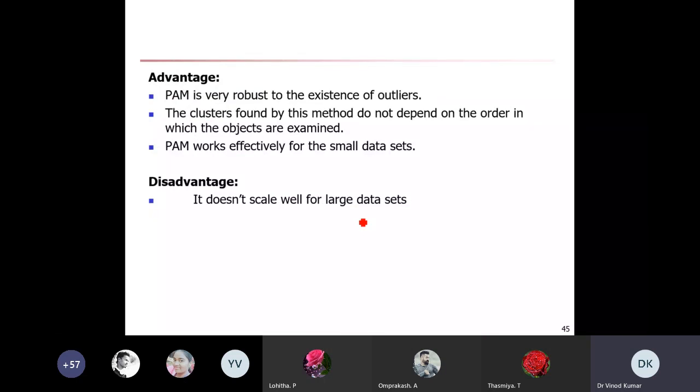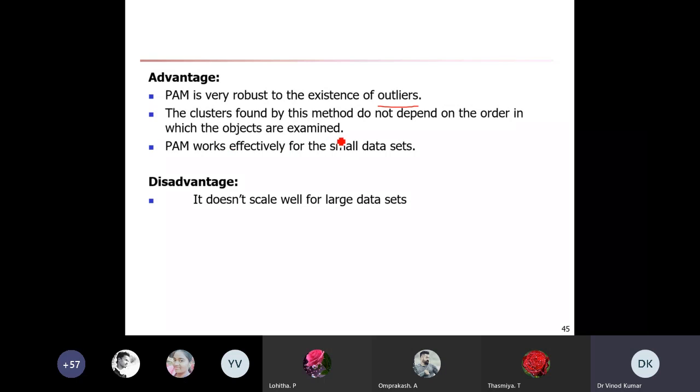So what is the advantage? Partitioning around Medoids is very robust to the existence of outliers. The previous K-means algorithm was very sensitive to outliers, but here K-Medoid, partitioning around medoids, is very robust even if outliers are there. The clusters found by this method do not depend upon the order in which the objects are examined.